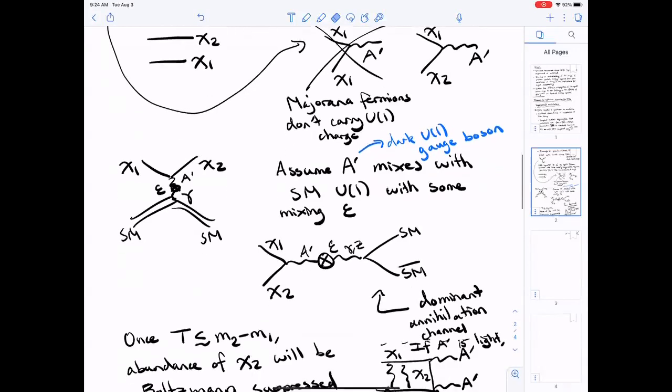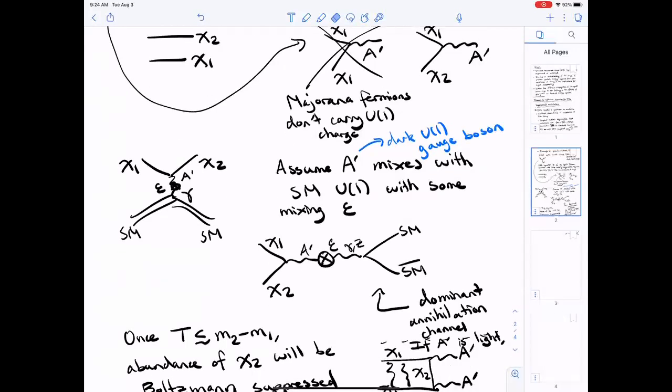I will say that a way you can recast this kind of mixing between the A prime and the standard model photon is as saying that all the standard model particles that have electric charge also have epsilon-sized dark charge. That's just a change of basis. It's the same description. But if you really wanted to say, okay, no, the standard model particles have charges of 1 or 2 or whatever under the dark gauge group, I suspect that in order to keep the dark matter sufficiently dark, you then need the dark gauge boson to be pretty heavy to express the interaction that way.